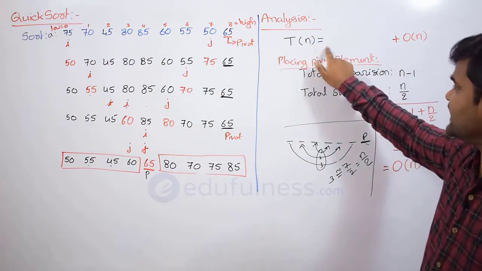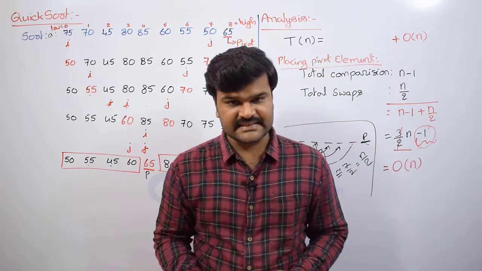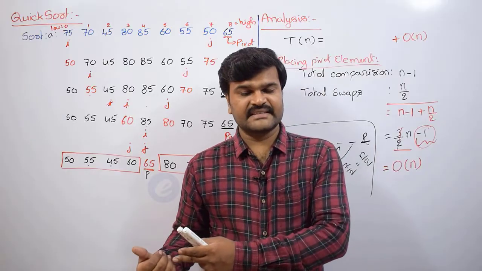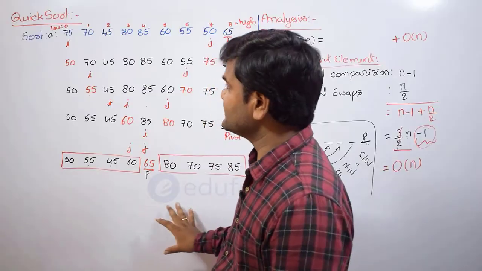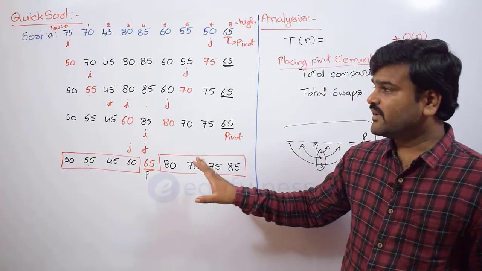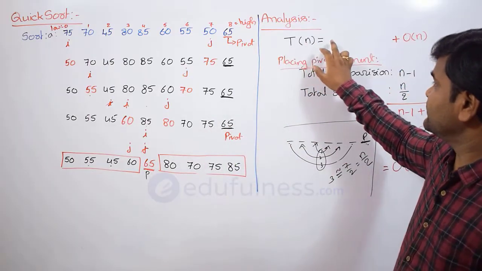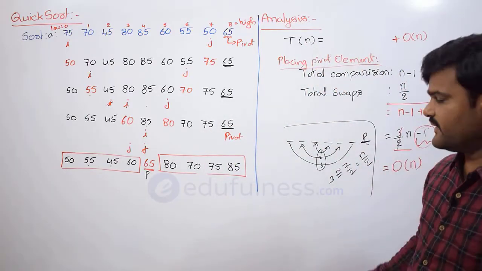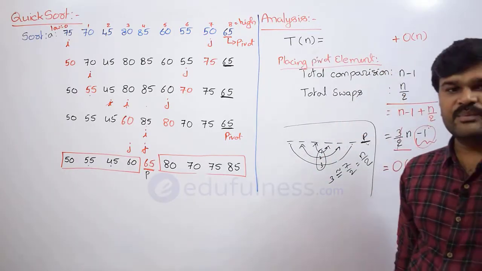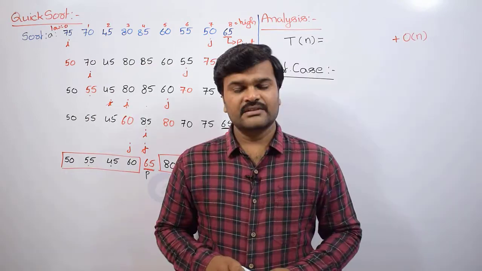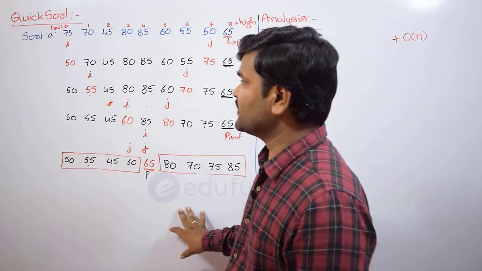Then what about this part? That is the recursive code time complexity, because here we have different cases actually. We are going to have a best case and a worst case. So let us see in the best case how this quicksort is going to behave, and in the worst case how this quicksort is going to behave. Based on that, let us fill this part also. So first of all, this part is concluded: the non-recursive code time complexity is big O of n. Now let us see, as we discussed, the different cases of quicksort time complexity.